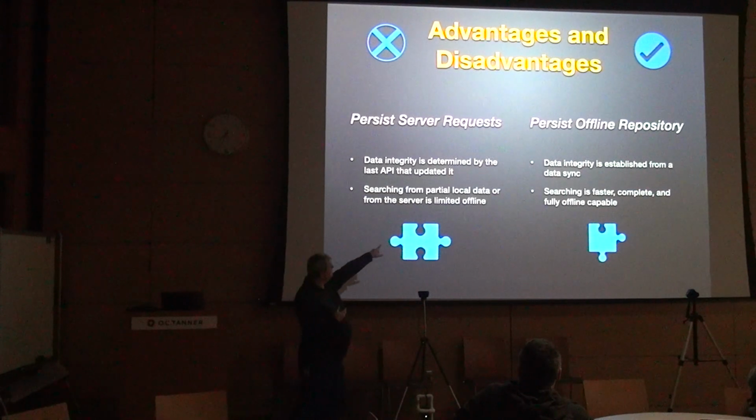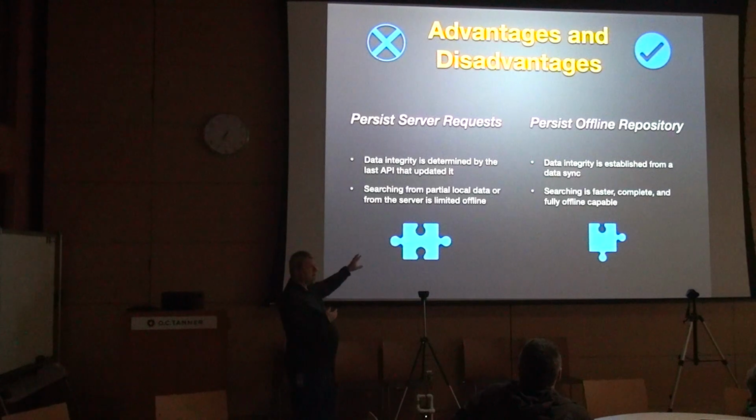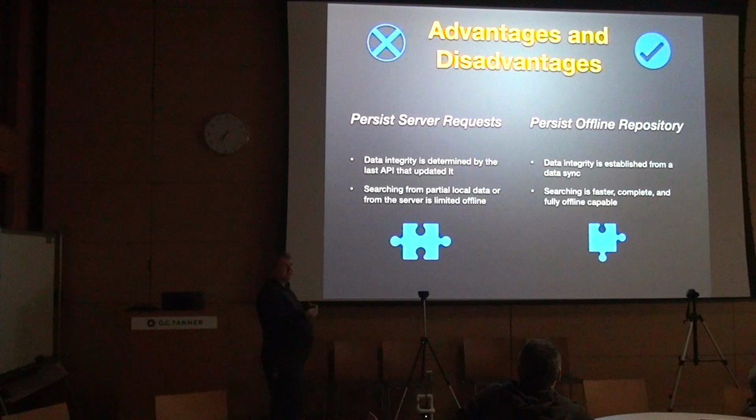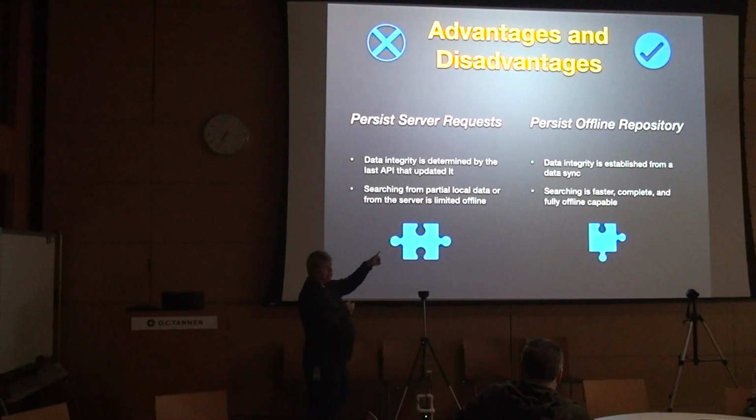If you're offline, you're going to have to make an API call for every one of those diverse potential pieces of data. Whereas if you've got everything in an offline repository, it's pretty instantly at your fingertips, because you can make 4 requests, pull everything up as long as it's indexed to this person, and get a lot of results really, really fast.